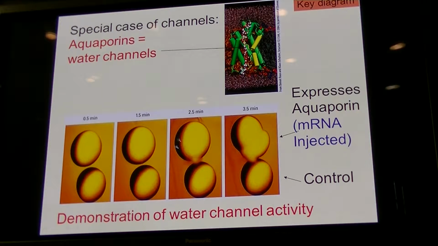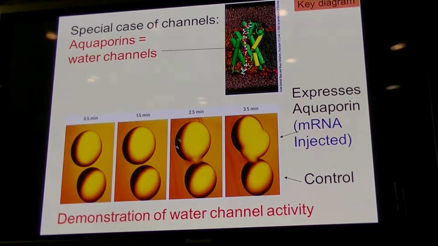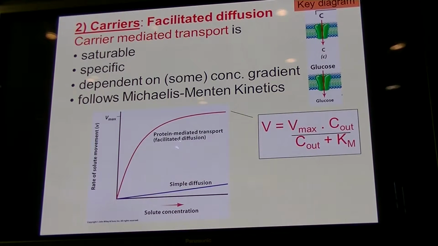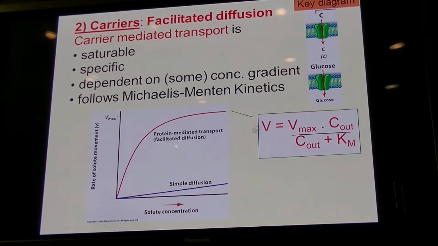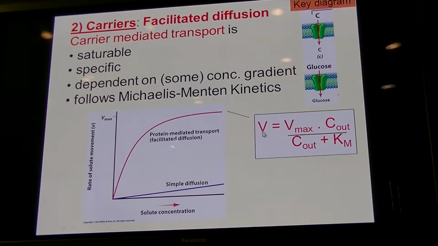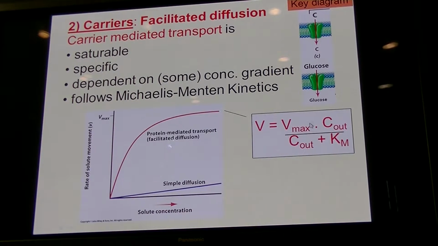The water channel, the aquarium, recently discovered. Okay, now, so we can have channels. What if we get a Michaelis-Menten plot and we get this nice saturation type curve, which we know so well from our enzymes? So in this case, we have the rate of transport is defined by this equation where we